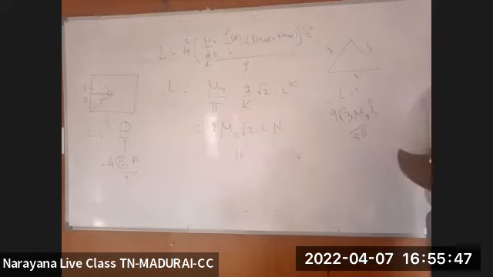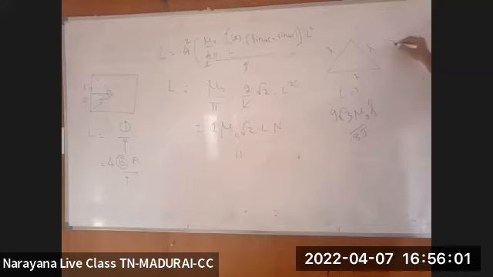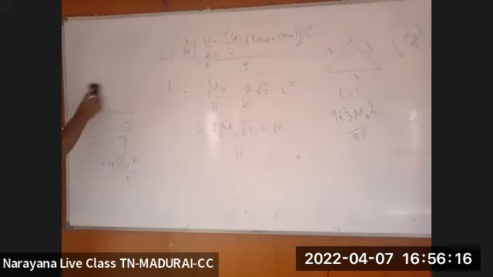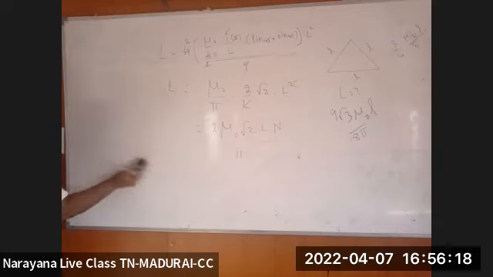Any supporters for this answer? Another? Not understood, no problem. 3 by 4 mu naught L by... So two different answers are there. So this is one